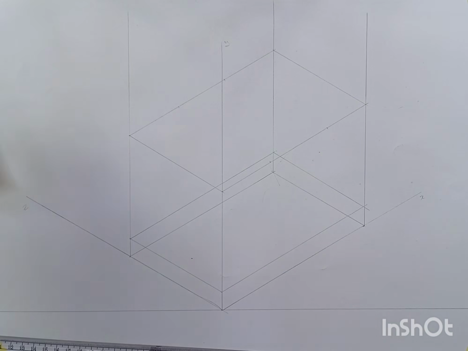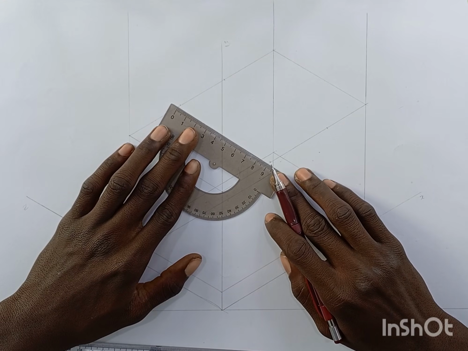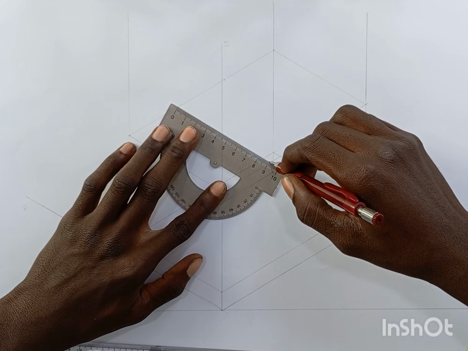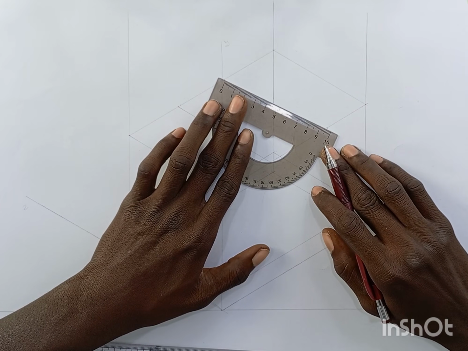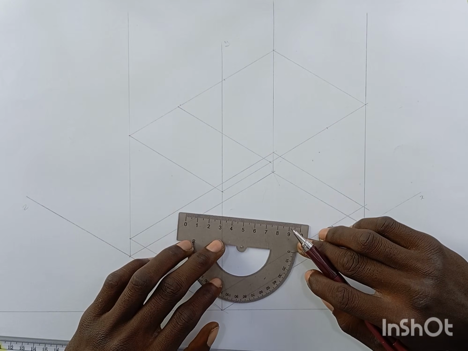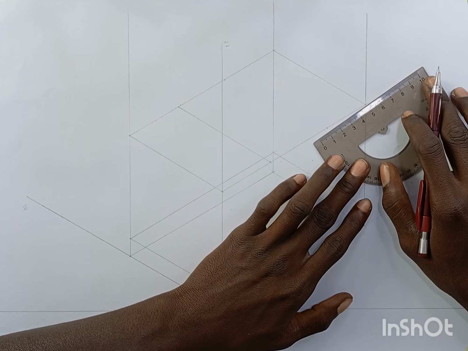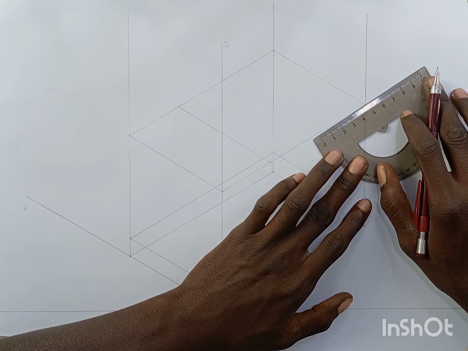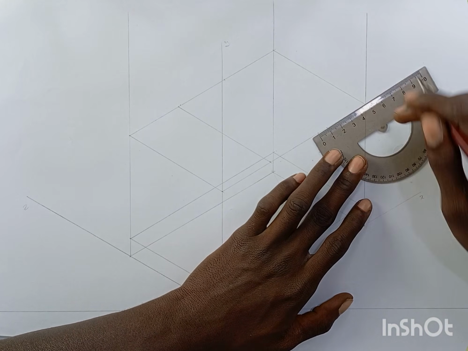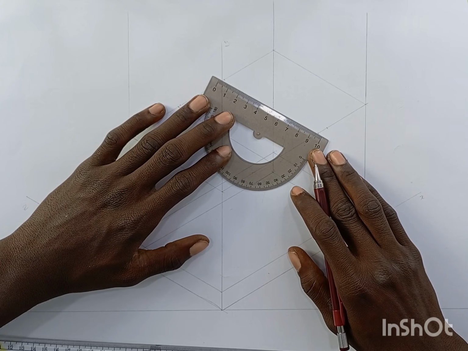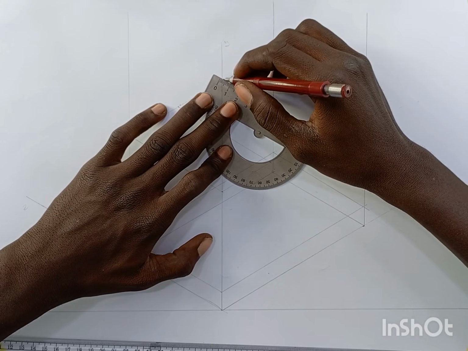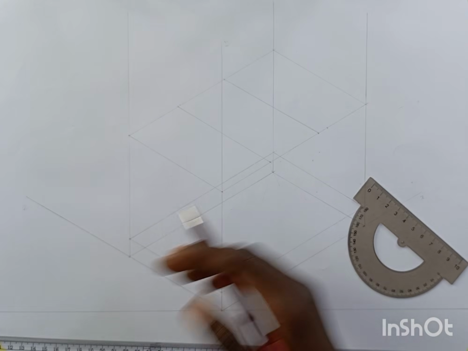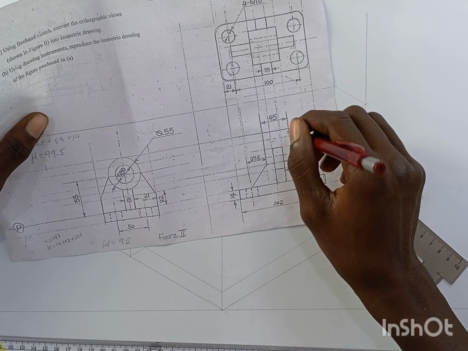Okay, here it is. Now we are going to connect those two points. And then connect this point also. I'm going to measure 48.5 here. This line is not 48.5. So this is the actual line here. Then we are going to connect these two points here. Okay. So this place is going to give us 45, which is the total length of the